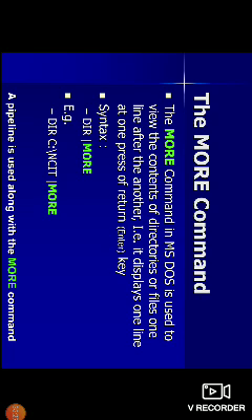Here the vertical line indicates a pipeline, and the pipeline is used along with the more command. So the more command is used to view the contents of directories or files one line after another, displaying one line at each press of the enter key.